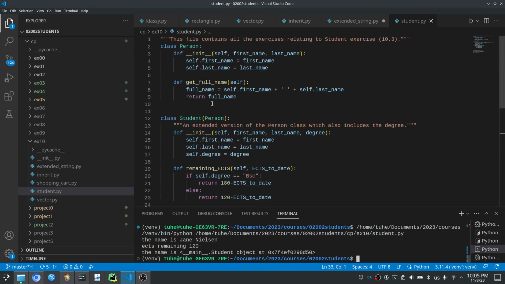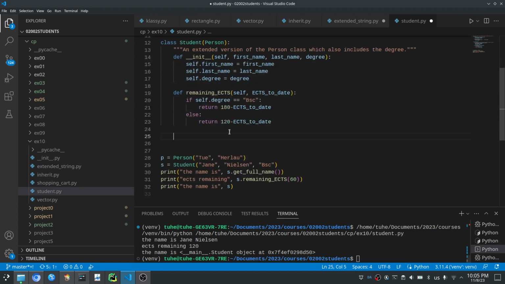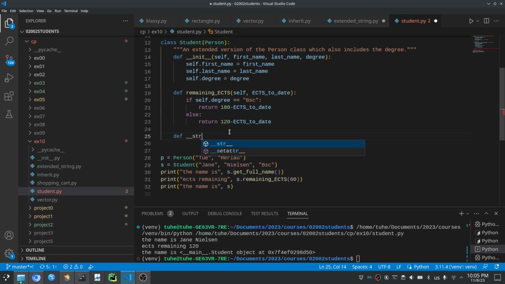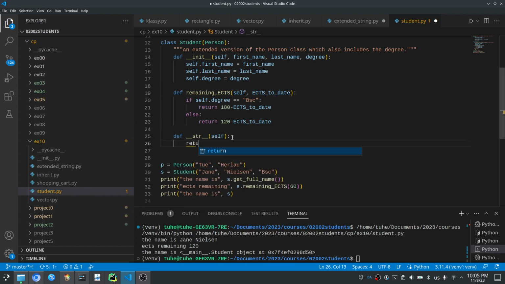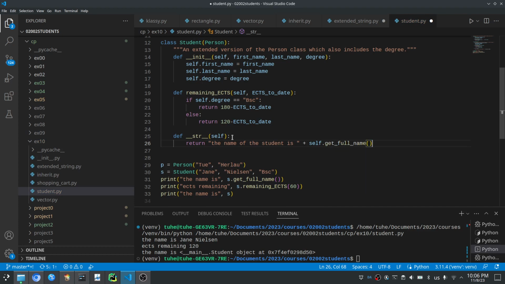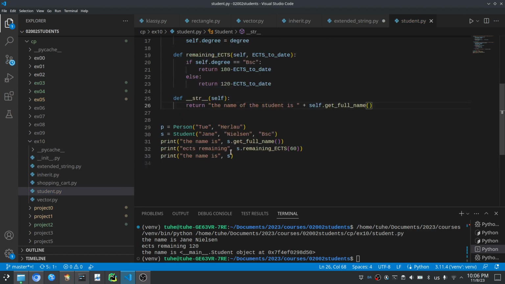And Python allows a convenience method to do that, which was mentioned in the beginning of today's exercise, but I think it's a good time to mention it now, because Python has this magic method. So if you implement this weirdly named method string like this, and we just return something here that's a string, like the name of the student is, and now I can maybe call my get full name method to get the name,